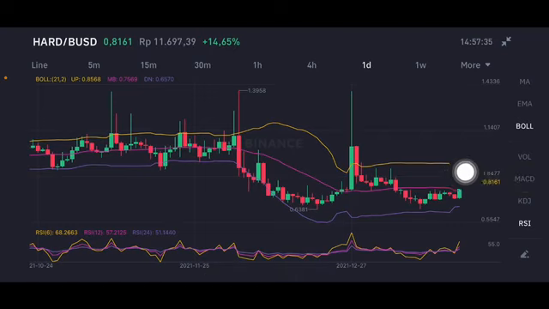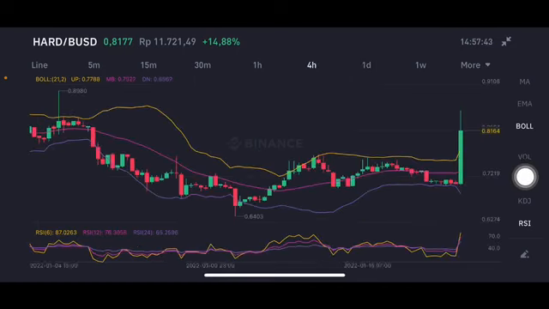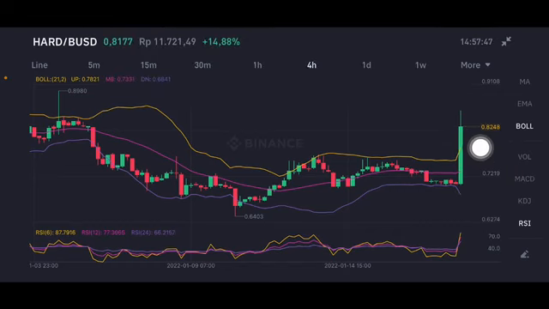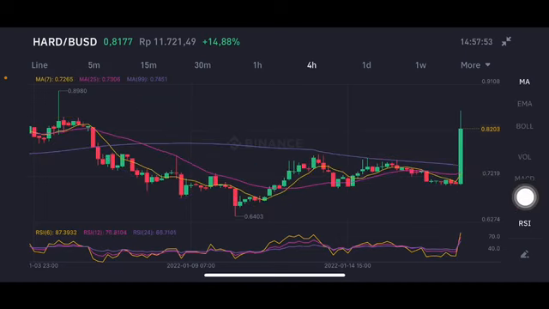For the Bollinger Band here, go to the yellow one side, the upper band at 0.8568 US dollars. This one, right? From the daily chart, we're gonna go to the 4-hour chart. It's more zoomed in here, right? Zoom in here, try to make the other way, go to the yellow one side, the upper band at 0.7817 US dollars. Okay, the next target for the Bollinger Band here, also already above all of the moving averages, so still having opportunity to have a correction for the next 2 or 3 days, right?